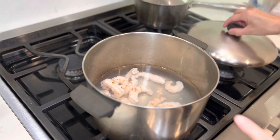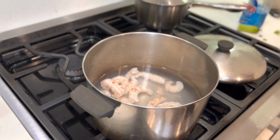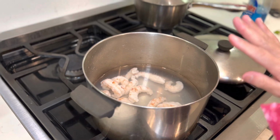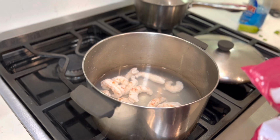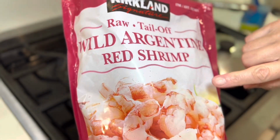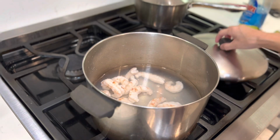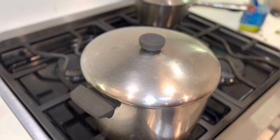Okay, I will boil some shrimp, and I made a video, and I realized I didn't press the button. So I bought some shrimp from Costco, boil it, and